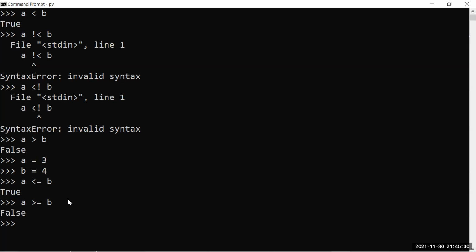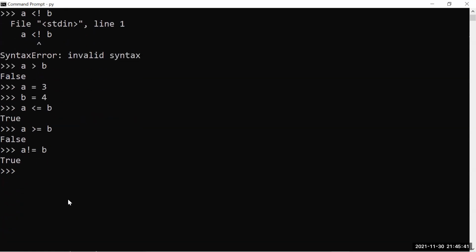Remember that, guys. And again, we can also do A not equal to B. We can compare each and every primitive data type. Again, I'm quoting this: primitive data types can be compared using these basic Boolean comparators or basic Boolean operators.